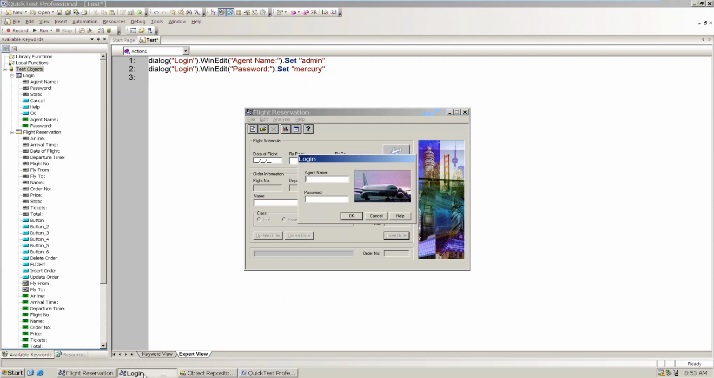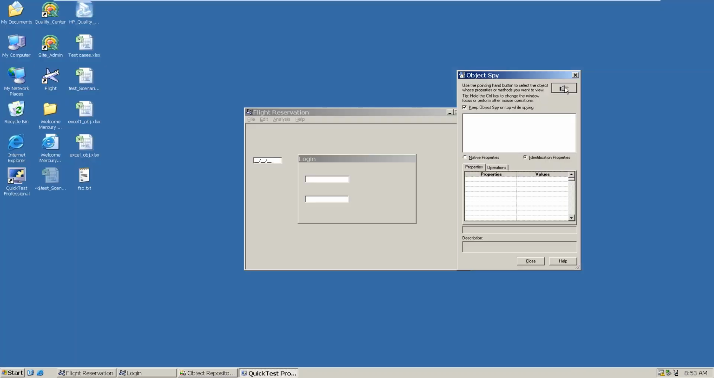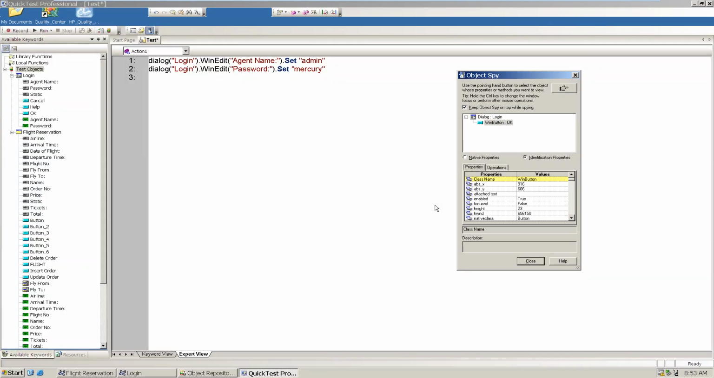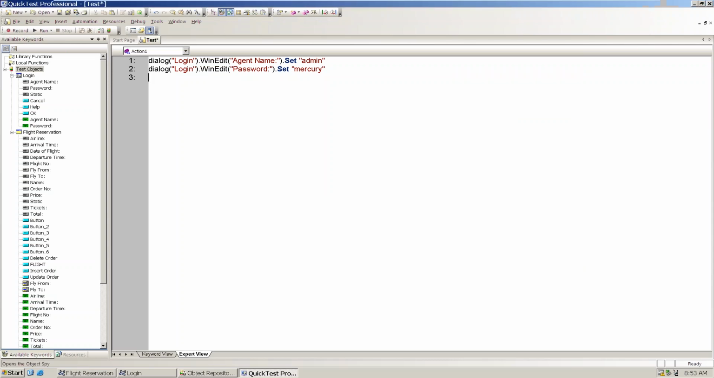Okay, and then next what you have to do, you have to go ahead and click on this OK button. So to click on OK button, I don't know what that OK is. So Object Spy, click on this hand symbol and click on this OK. Now observe, OK is what? It is a WinButton. OK is nothing but a WinButton. So Dialog of login dot WinButton of OK dot, what you will do, you'll go ahead and click on